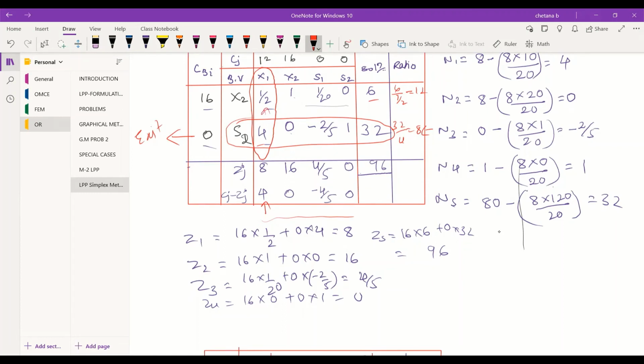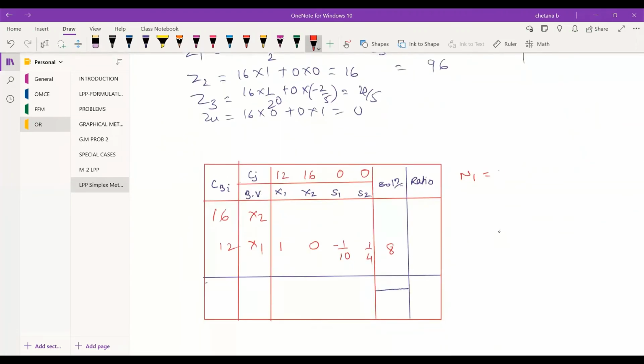The corresponding row is 4. It is a little reverse. You can just try here. 1 by 2 is the old value, minus the key column value 1 by 2 into the corresponding key row value, which is 4 divided by 4. So 0.